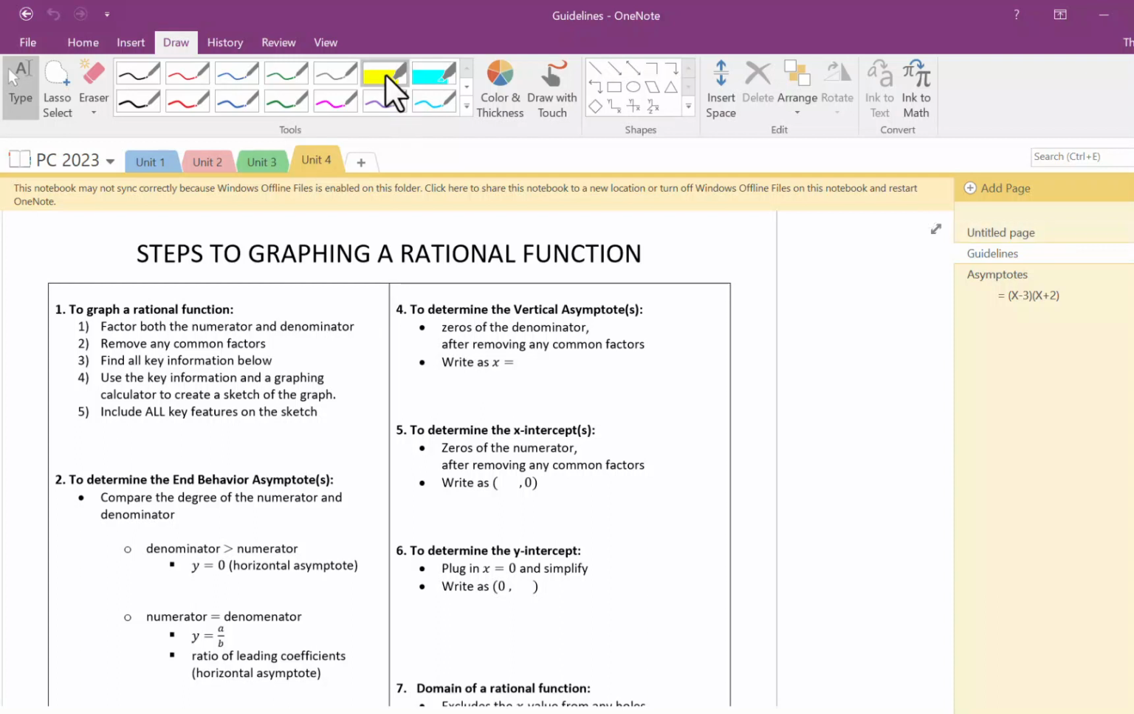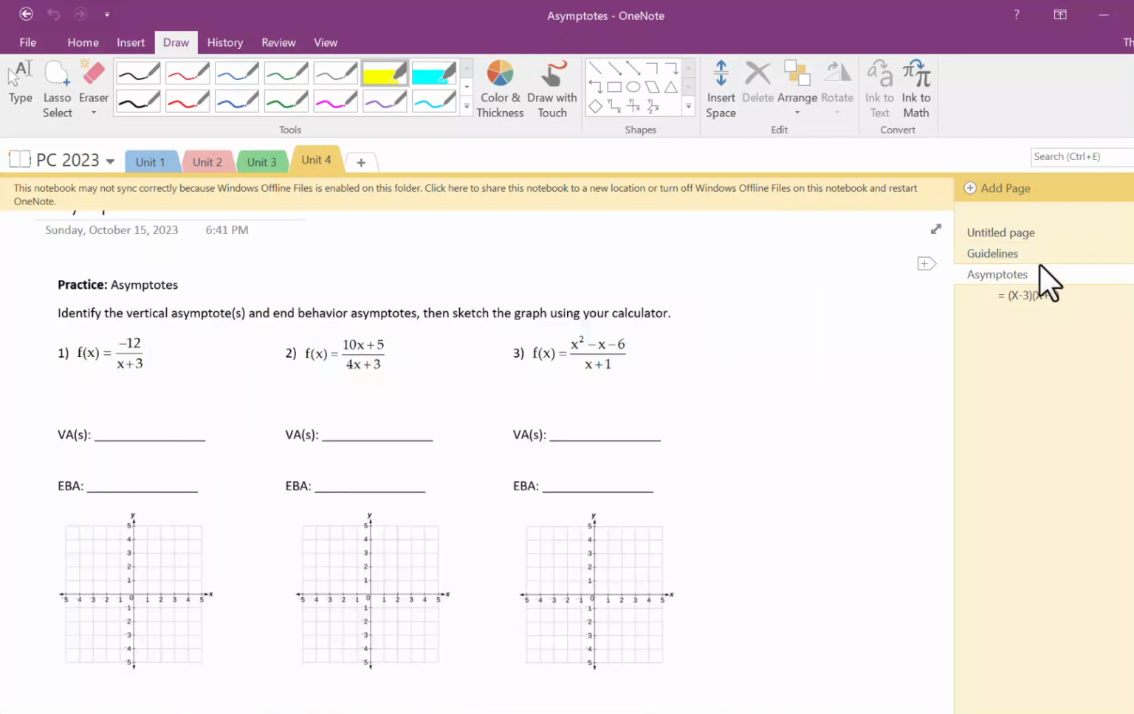So the first step, it says, whenever we are given a rational function, step one is to factor both the numerator and the denominator so that it can give us some more detail about our graphs. So when we look at these examples, first of all, number one and number two, we're not going to be able to factor those, but we can definitely see in number three, we're going to be able to factor the numerator